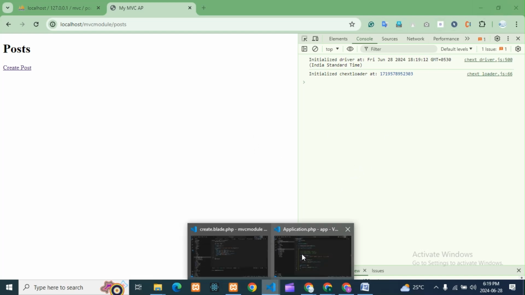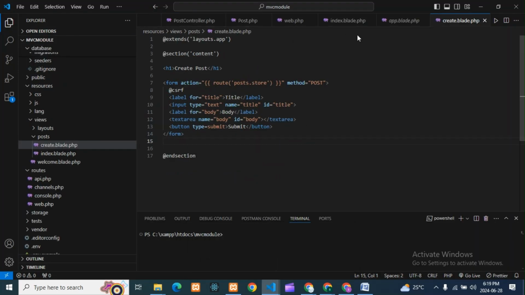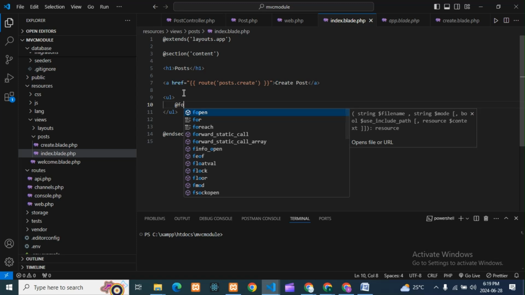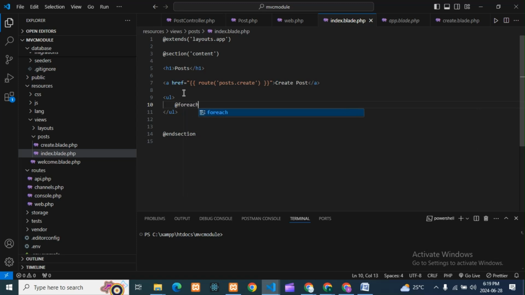So we need to go to our code. In index we are showing, right? Here we need to show that data, so we will use it in our UL. Here we need to use foreach, so we can show the data from the database. Even if hundreds of records come, by using this foreach we can show that data.